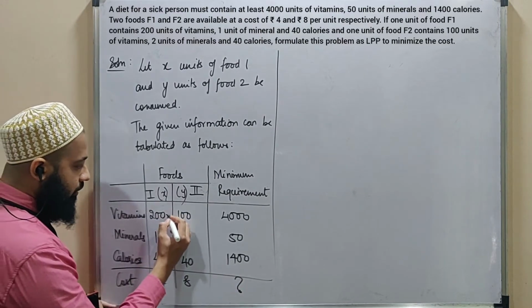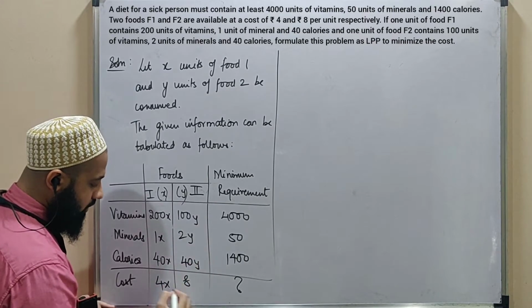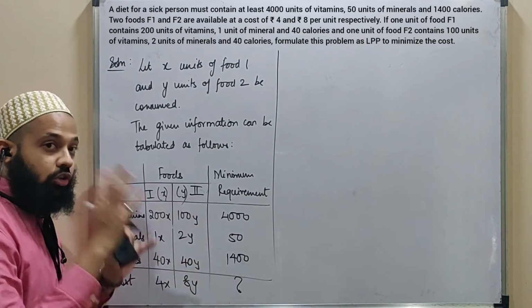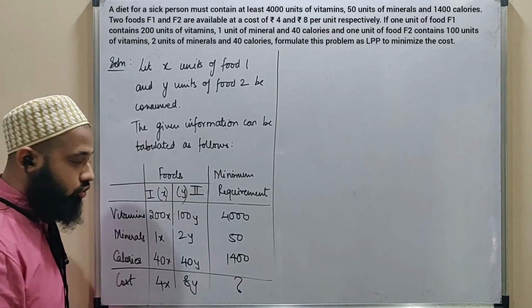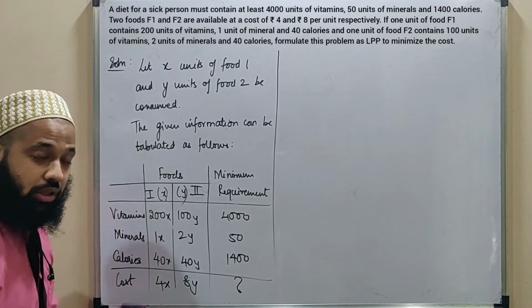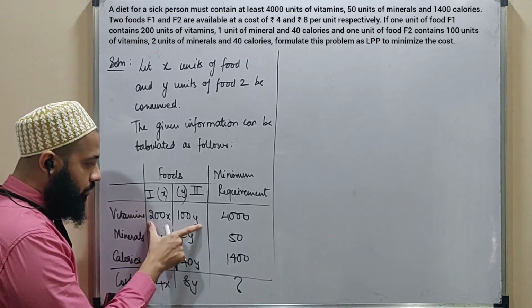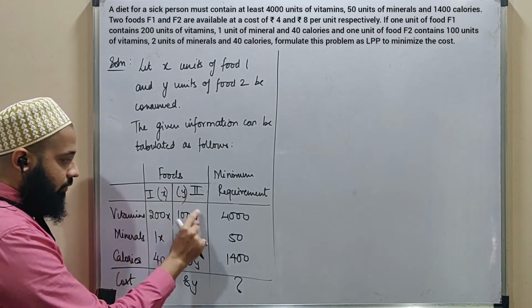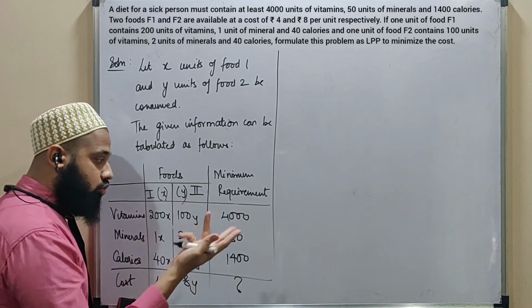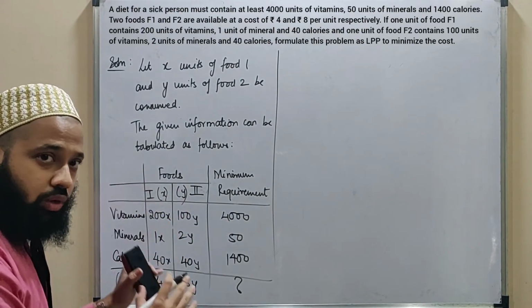Let's append X and Y everywhere. That will complete your problem. And for the cost as well. And in this problem, because you are minimizing, logically also you can say that this combination has to be greater than equal to 4000. Your doctor has said your minimum requirement should be 4000, meaning whatever you are consuming with 1 and 2, these many vitamins you are going to consume under 1 and 2. So that intake has to be greater than equal to 4000. So the problem is ideally over.